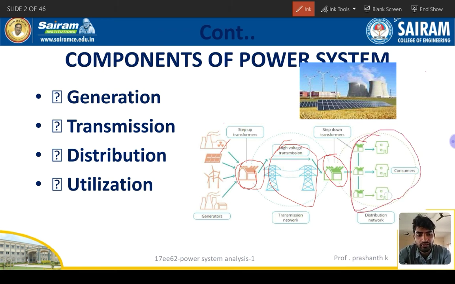This is utilization, okay. So power system analysis includes not only generation, transmission, distribution, but utilization also. That's why it is called power system analysis. See here, I told you expansion or improvement, right? Basically from the base we studied only generation, transmission, distribution. So the expansion of this subject, I mean improvement of the subject or extending, right? The utilization part will also be there in the components of the power system. So this is the concept of the power system analysis subject.